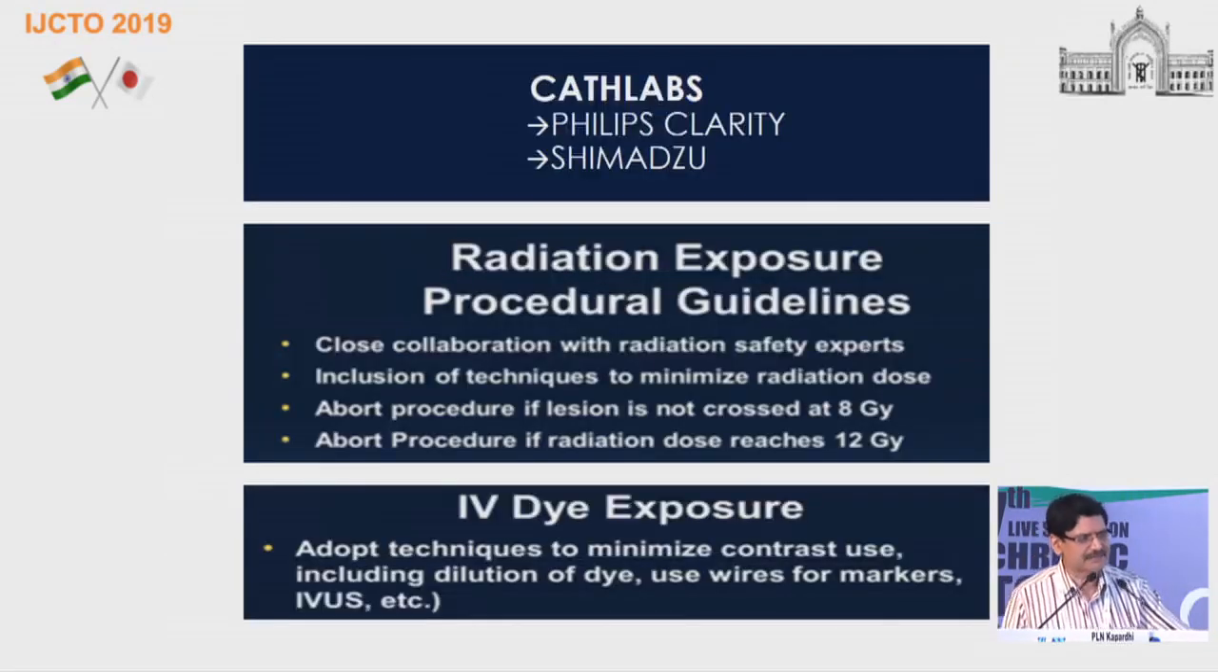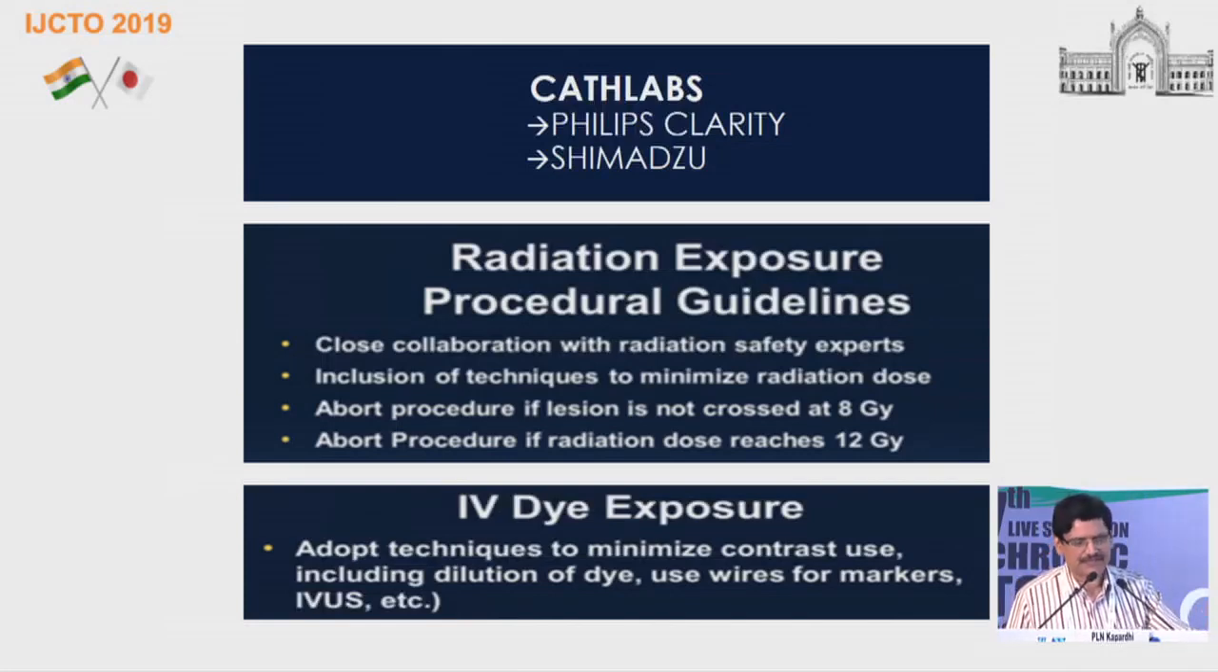And regarding the cath labs, some of the cath labs are associated with 50% less radiation, especially Philips, Claret, and Shimadzu. These should be owned because radiation safety is also important. And the radiation exposure procedure guidelines we have to follow, especially close collaboration with radiation safety experts, wearing the radiation badges and reviewing the radiation dose for the interventional cardiologist. And inclusion of techniques to minimize the radiation dose, like the majority of cases we should do under fluoro only, and minimizing the